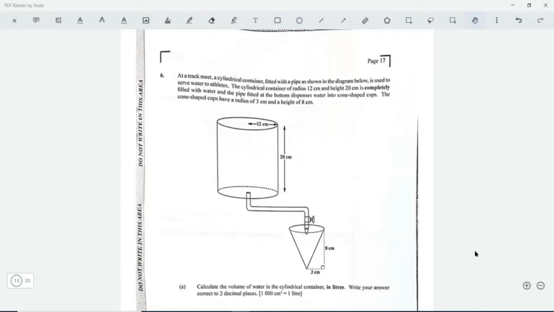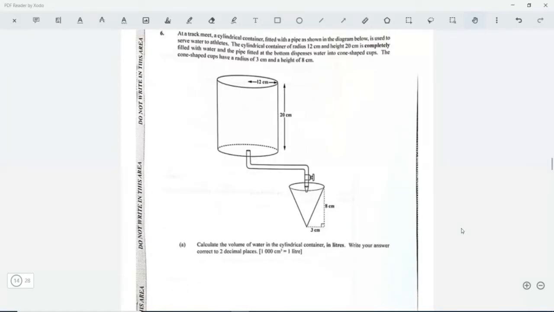Now, question 6. It says, at a track meet, a cylindrical container fitted with a pipe as shown in the diagram below is used to serve water to athletes. The cylindrical container of radius 12 centimeter and a height of 20 centimeter is completely filled with water, and the pipe fitted at the bottom dispenses water into cone-shaped cups. The cone-shaped cups have a radius of 3 centimeter and a height of 8 centimeter. Calculate the volume of water in the cylindrical container in liters, and then write your answer correct to 2 decimal